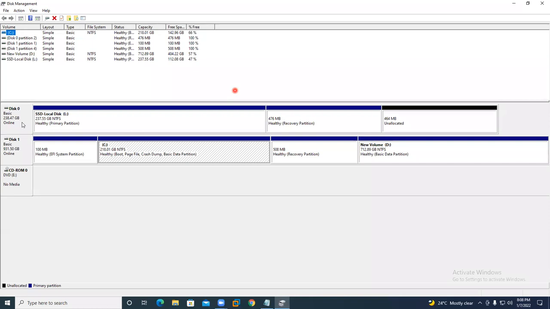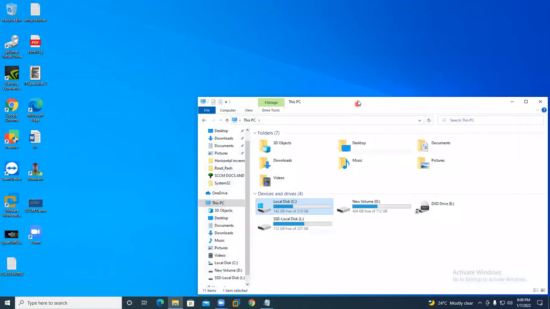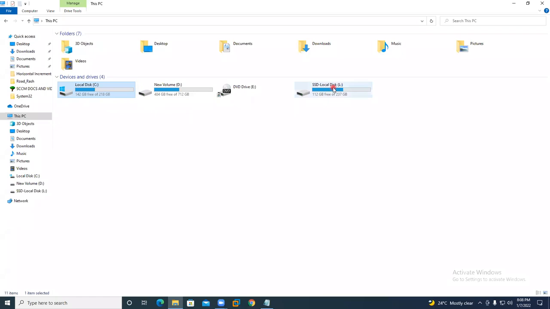Disk 0 is an NVMe hard disk. The second one is an SSD hard drive. And I made three partitions. Okay, this is the SSD, and we will save all the VMs in the D drive. Once you create the VM in VMware, what is the file extension? I mean, it's a VM format in the